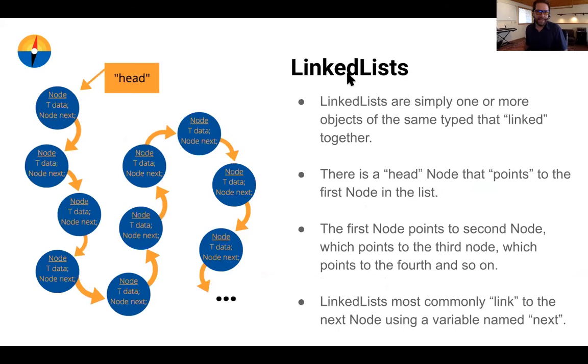let's take a look at the linked list first. So the linked list is kind of the most common fundamental abstract data structure that people learn after the array and probably the array list. The linked list is a super classic data structure in computer science, and it's a really neat one. But a linked list is simply a list of objects where each object points to the next object in the list, right? So here in this diagram, we can see that we've got this idea of head, and head is